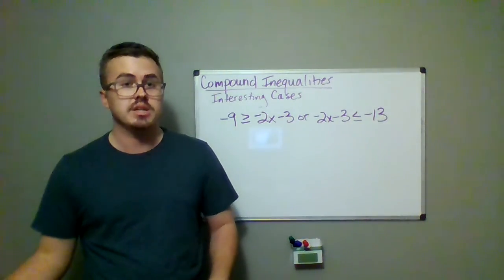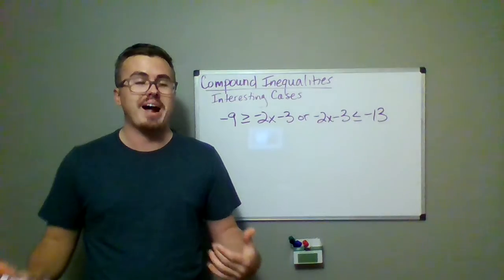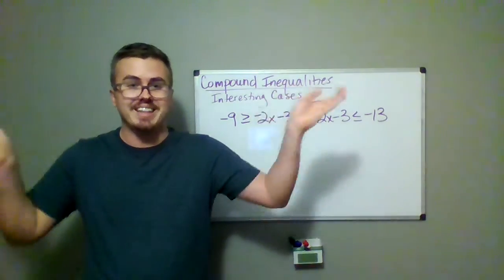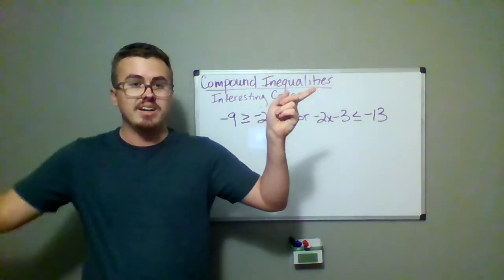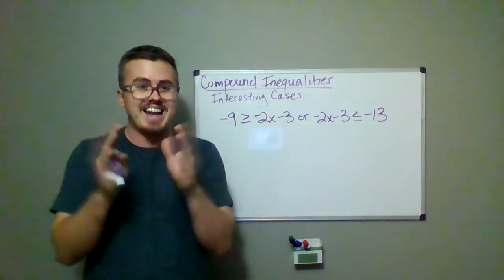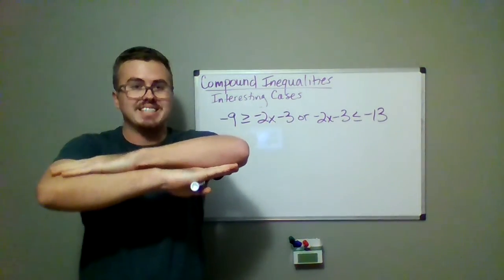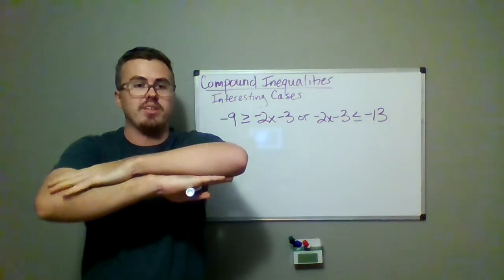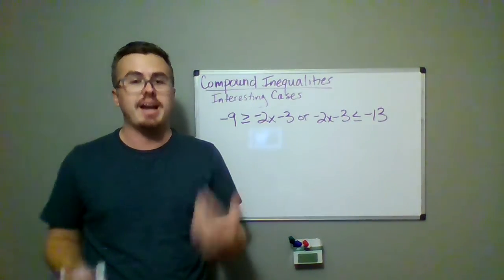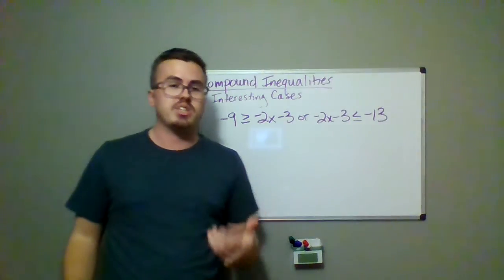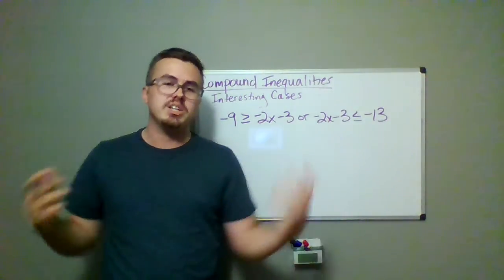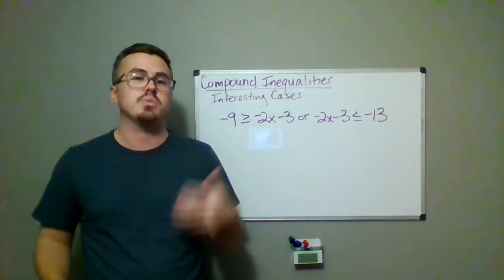Remember the graph of an or compound inequality looks like this, where it's either pointing over here or it's pointing over here and it's not in the middle. Remember then, and compound inequalities is like this, where one is on top of the other and we no longer have those arrows. So I'm going to start by looking at one of the more interesting cases with an OR